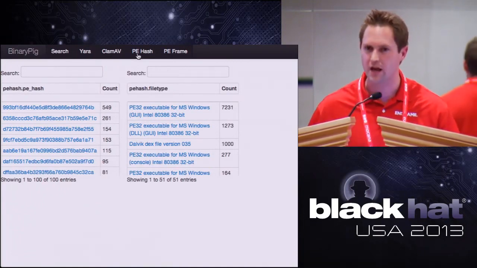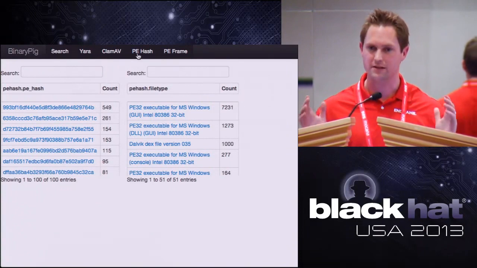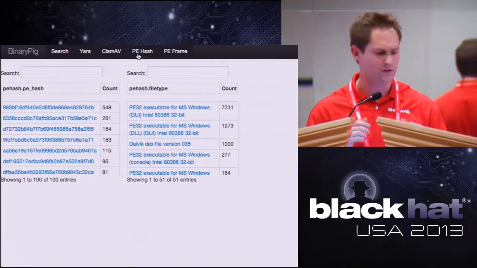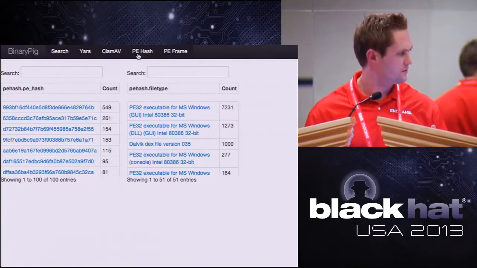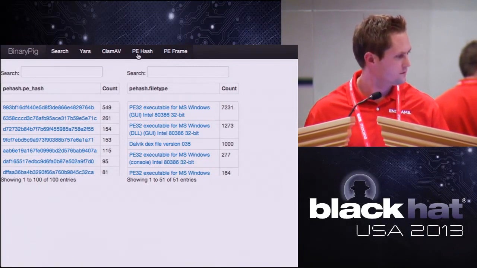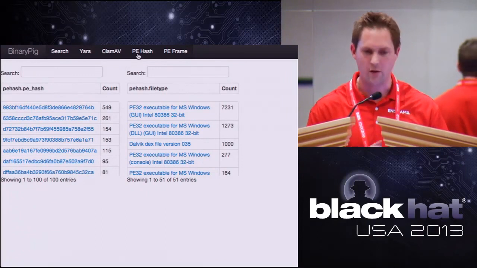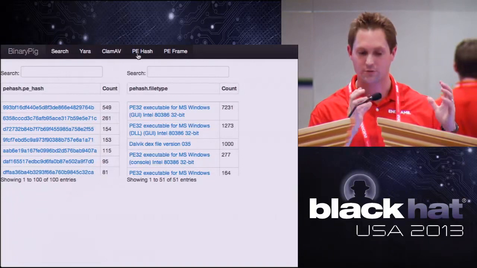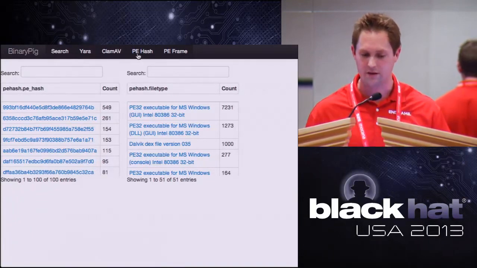If you're not familiar, PE hash is an algorithm that takes specific pieces out of the PE header and hashes them together using MD5. It creates a large bit string, which is then hashed into MD5 for analysis. So this is a malware clustering algorithm. It's used to cluster malware that has very similar properties in its PE header. And then we also have